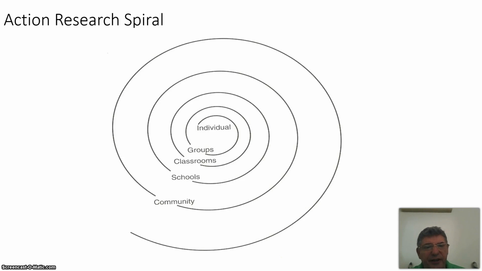And finally, where does it go for us? Well, it starts at the individual teacher in the classroom, trying to make sense of the students, the teaching, and trying to make improvements. And we often may then work collaboratively or share our information with groups, colleagues, and it goes on. And ultimately we can do this at school, at institutional level. And if we're doing stuff that has meaning and relevance, and people see that as having transferability within the wider community. So there's a lot to be said for good at